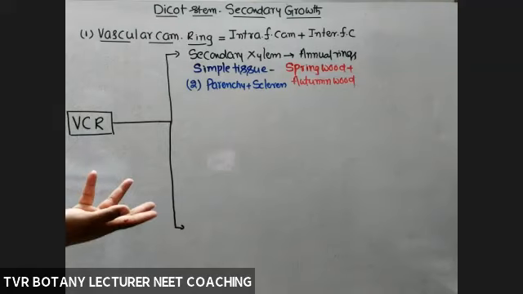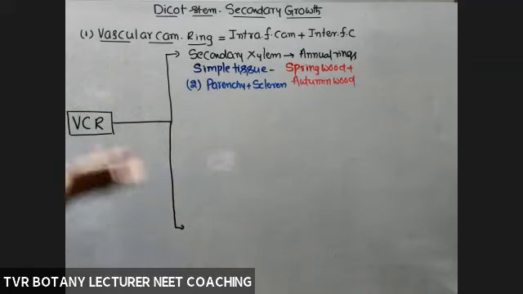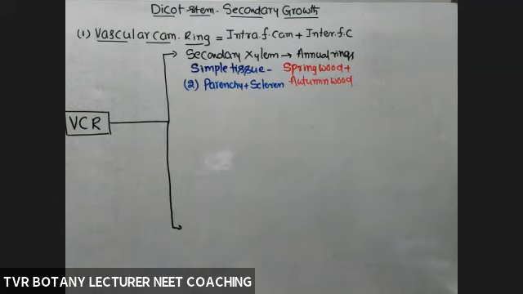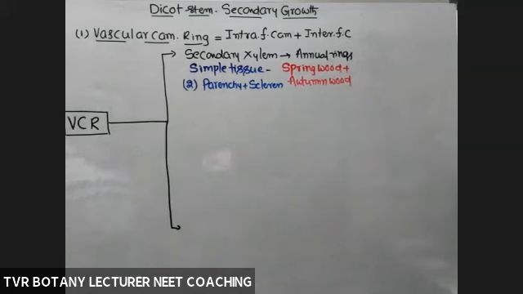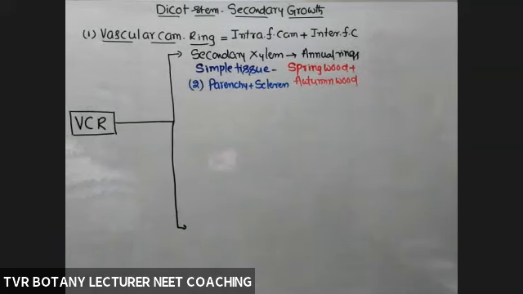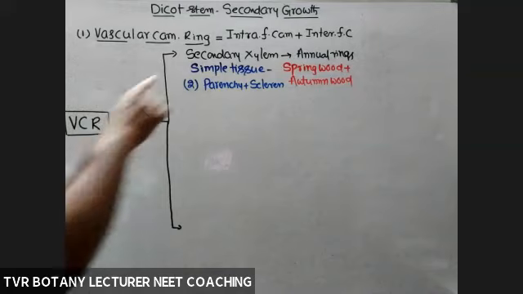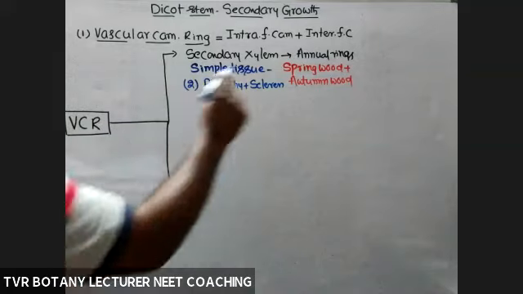So overall, even in primary xylem, what type of simple tissues are present? Parenchyma and sclerenchyma only. So parenchyma and sclerenchyma both are the simple tissues present in primary xylem and secondary xylem. So collenchyma is always absent in both secondary xylem and phloem, whatever the complex tissue. Completely absent. Okay, so that is about annual ring.